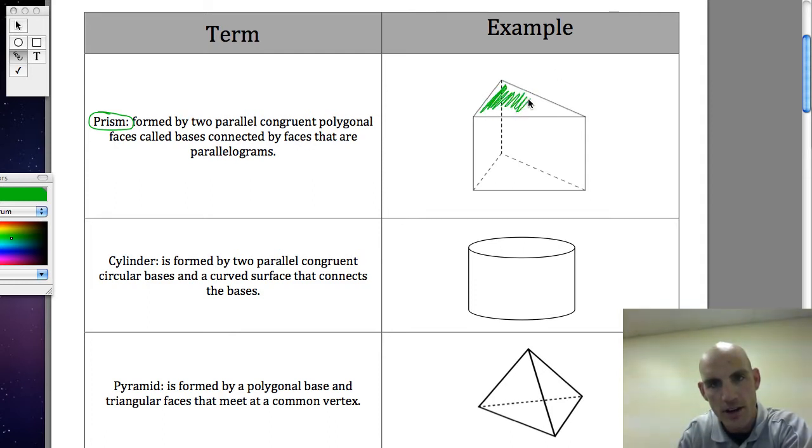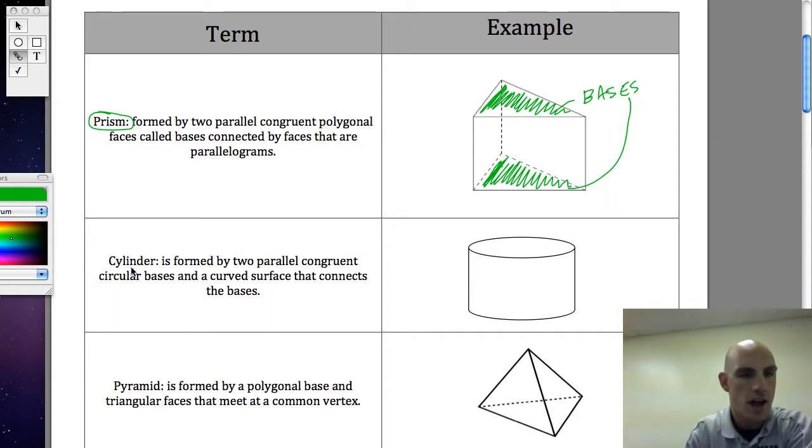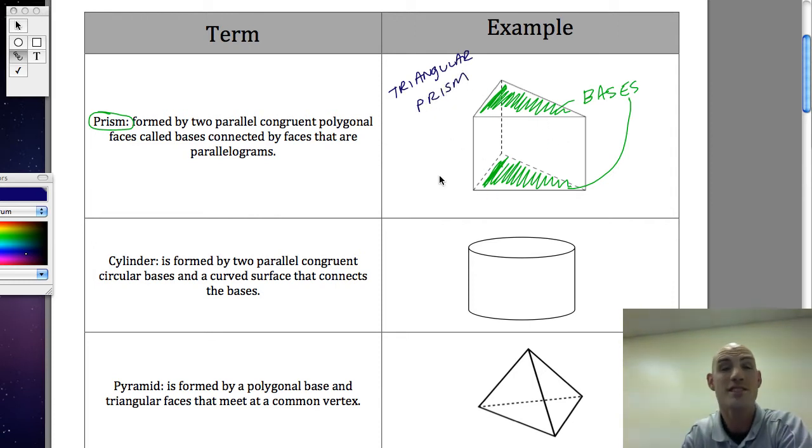And so in green here, these two things are bases. Okay, so this one has these two triangle bases, and this is going to be called a triangular prism,